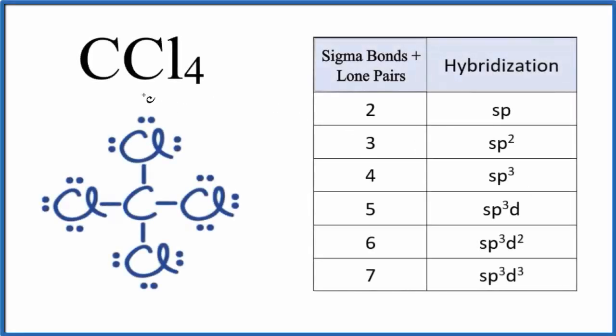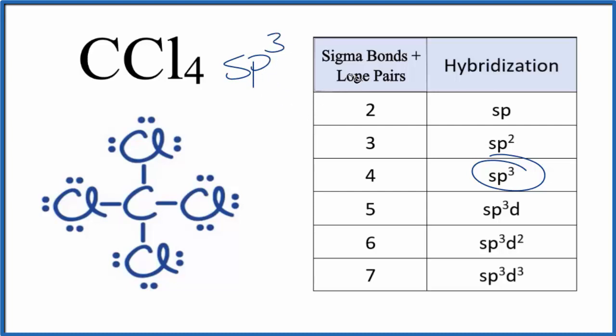When we look at the hybridization of a molecule like CCl4, carbon tetrachloride, what we're trying to do is figure out the atomic orbitals on that central carbon, how they mix and form hybrid orbitals, and how those hybrid orbitals then overlap with other atoms, like the chlorine atoms. The short answer here is that CCl4 has sp3 hybridization, and there are two fairly quick ways we can figure